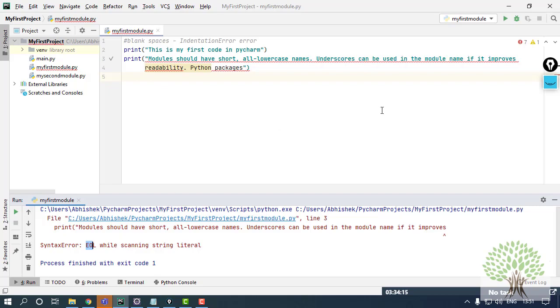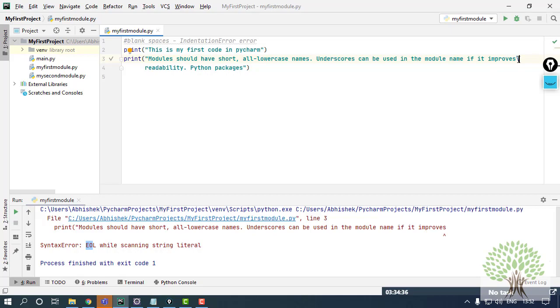Fine. So to avoid it, usually you see that the quotes automatically came, but if you are using an older version in which it's not automatically coming, what you can do is add a slash wherever you are continuing the statement on the next line.